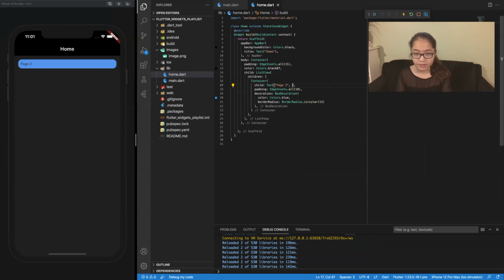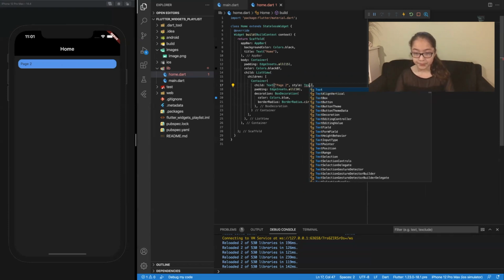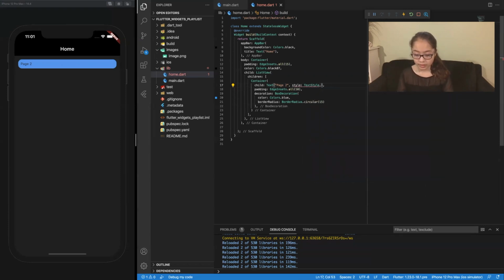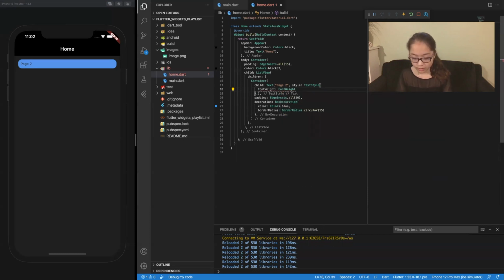And now I'm also going to take my text widget and perhaps style the text a bit. So this is what I like about using gesture detector. You have a container which gives you a lot of flexibility in UI. So text style, maybe I want to make my font bold, and I can just do that. So now that I have a container,